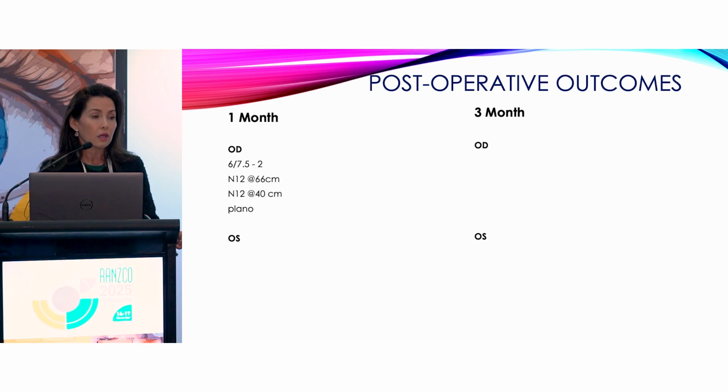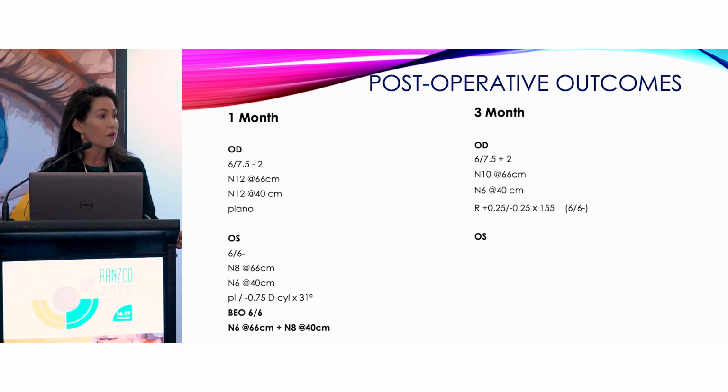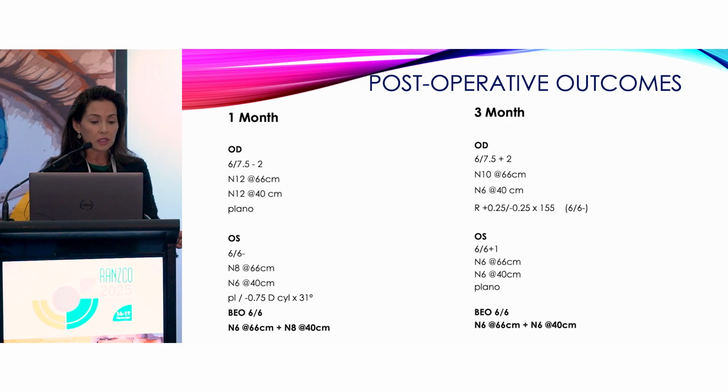So at 1 month, doing quite well in the right eye, 6/7.5 minus, N12 for intermediate and near. And at 3 months, this had settled further, particularly the intermediate and near vision, reaching N6 for near and N10 for intermediate. Similarly, the left eye was a little better, reaching 6/6 at 1 month. And what you notice here is at 3 months, also reaching N6 for near and intermediate in the left eye, is that